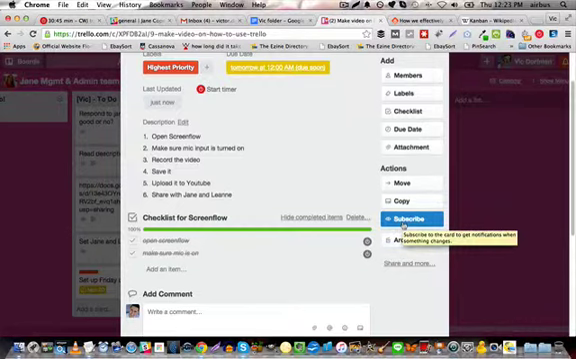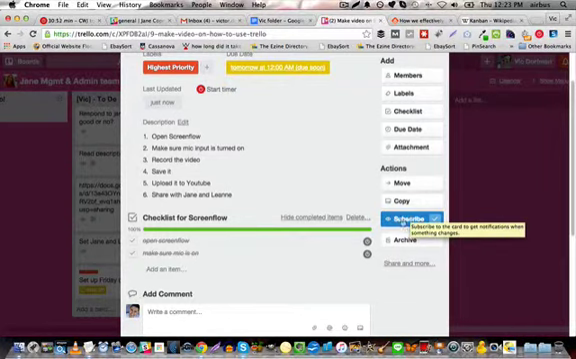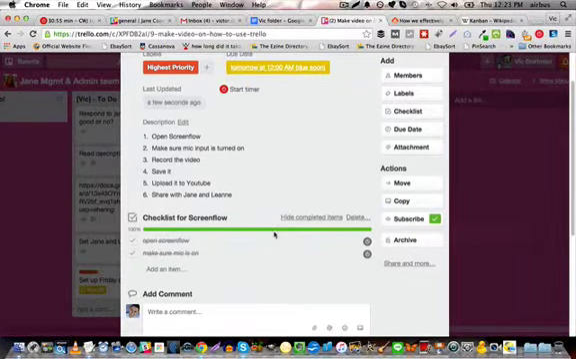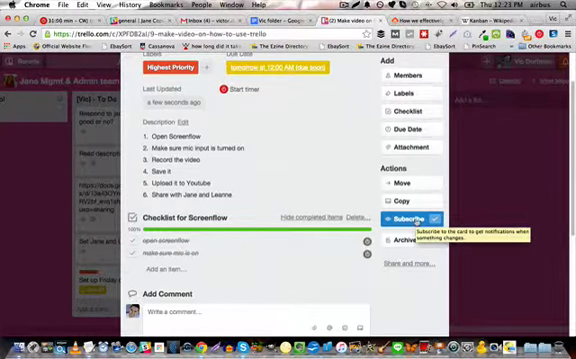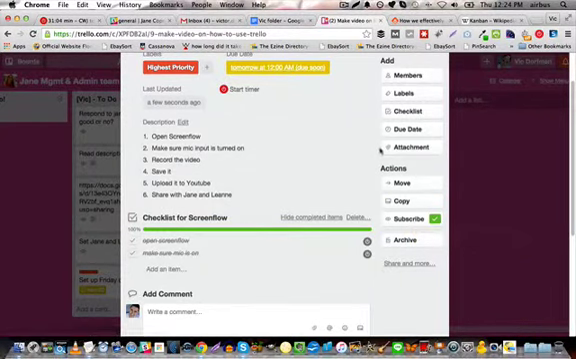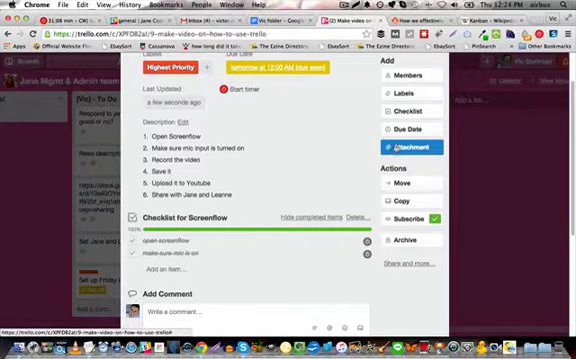Subscribe is superfluous, but basically it means that if anything changes within this card, I want a notification. So if several people are collaborating on a card, you hit subscribe, and anytime somebody makes a change, you get apprised. You get a notification via email. And then the final thing here that we can do is